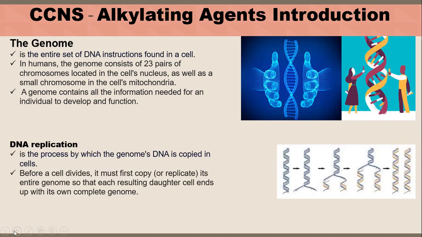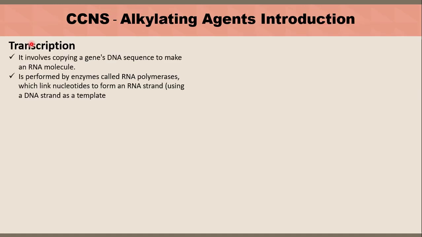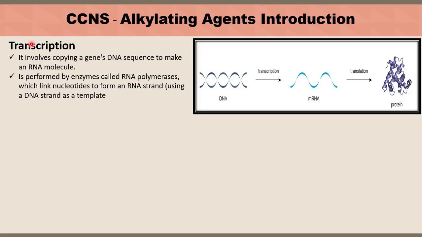DNA replication, which is how DNA is copied in cells. Before a cell divides, it must first copy or replicate, as you can see, its entire genome so that each resulting daughter cell ends up with its own complete genome. Transcription involves copying a gene's DNA sequence to make an RNA molecule. The transcription is performed by enzymes called RNA polymerases, which link nucleotides to form an RNA strand using a DNA